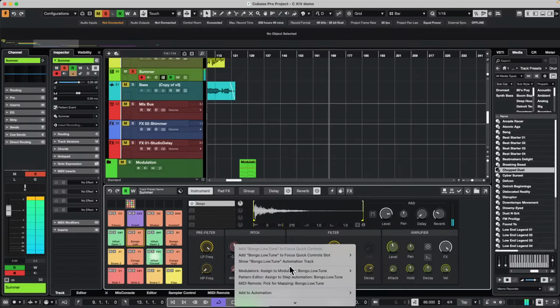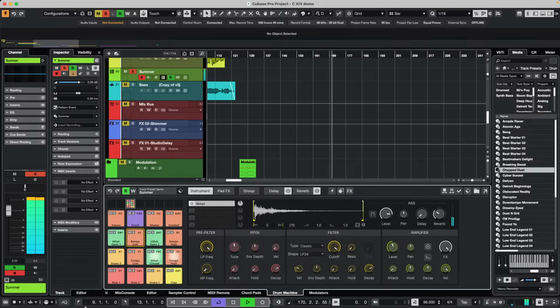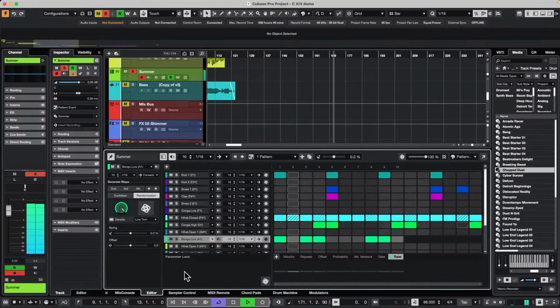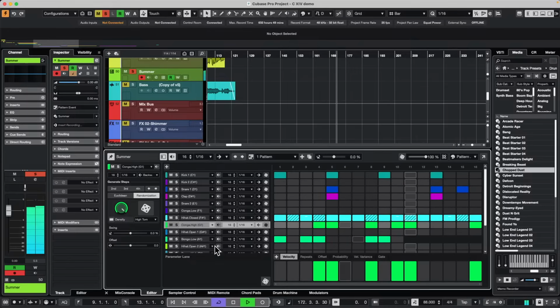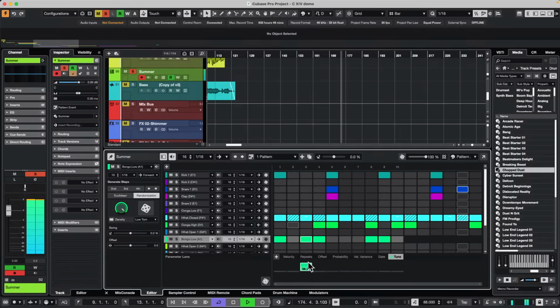I'm going to right click here and send that to the pattern editor. So now I can put in different tuning. So if we solo that,